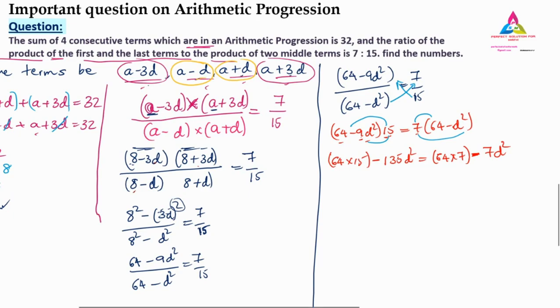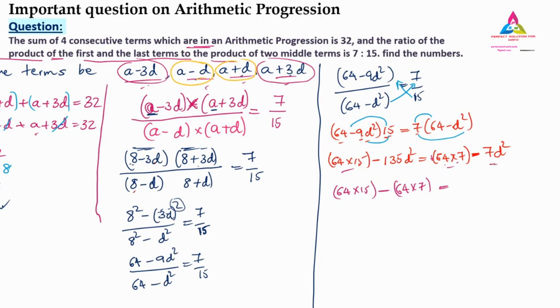Now we have to bring the known things to one side, unknown things to one side. Here the known things are 64 into 15, 64 into 7, because they don't have any variable term. So I will write down 64 into 15 over here, in bracket only. This 64 into 7 is positive. You are bringing that positive to the left hand side, so it turns into negative, minus 64 into 7. See, I have not brought only 64 or only 7. Both the terms I have brought.